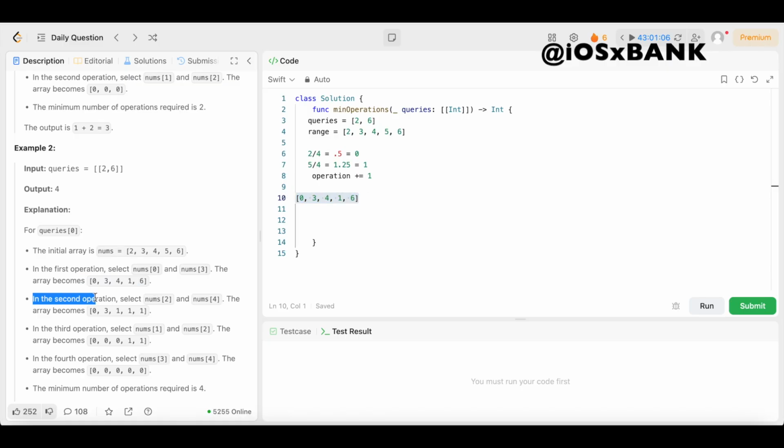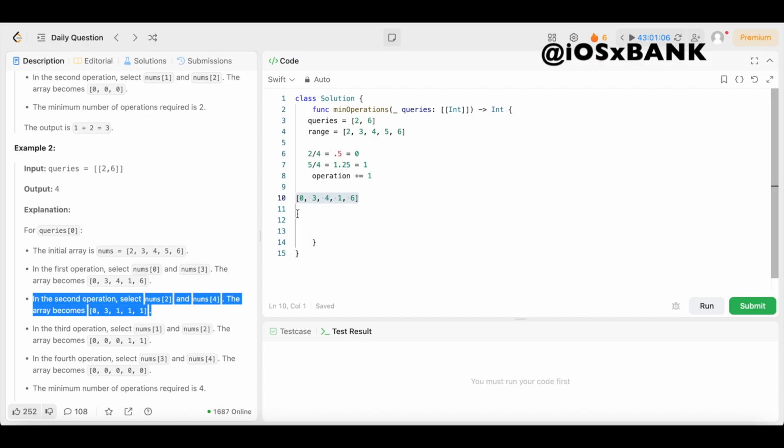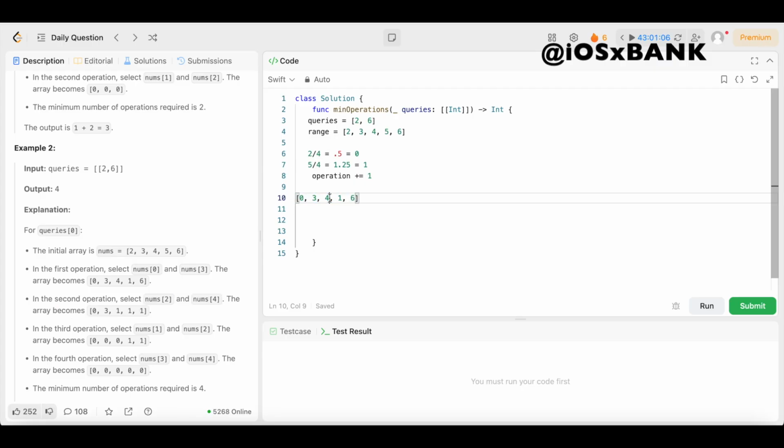So in the second operation, nums2 and nums4, the array becomes 0, 3, 1, 1, 1. So we're going to take nums of 2 and nums of 4. Nums of 2 is 4, and nums of 4 is 6. So we're going to do those two. 4 divided by 4 equals 1. That's still going to equal 1 after we floor it. And then we have to do 6